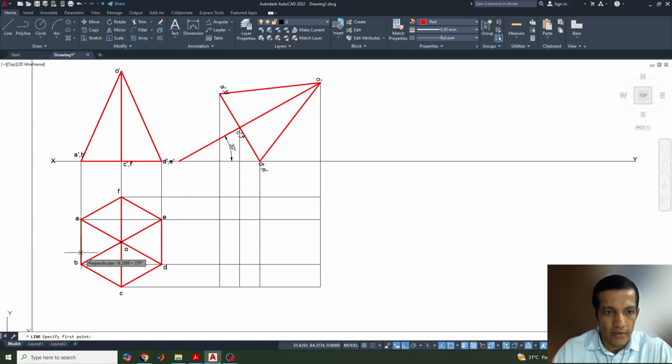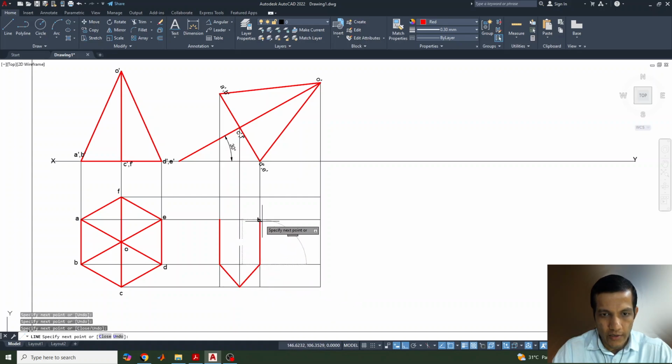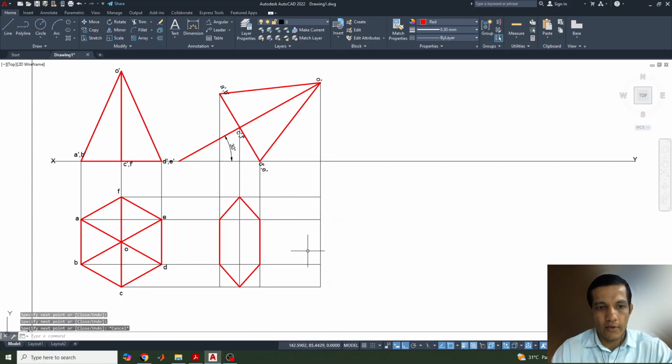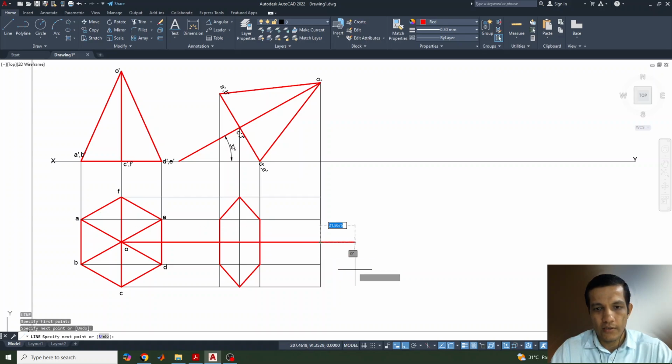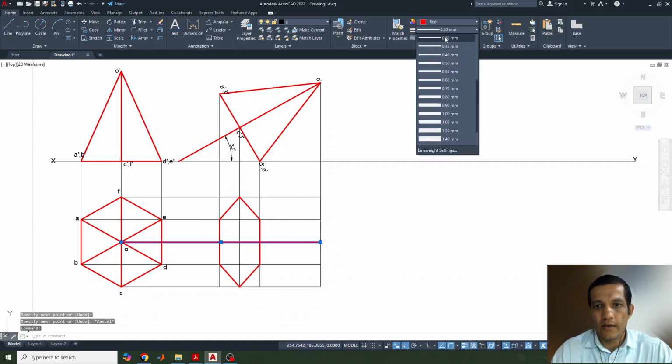Where is the A point here? AB. AB is here. Let's start here. AB and C dash point, D dash point, E dash point, F dash, and A dash point. Now one more thing, a line we forgot to draw here. This line actually, which is the center line. So the center line needs to be,